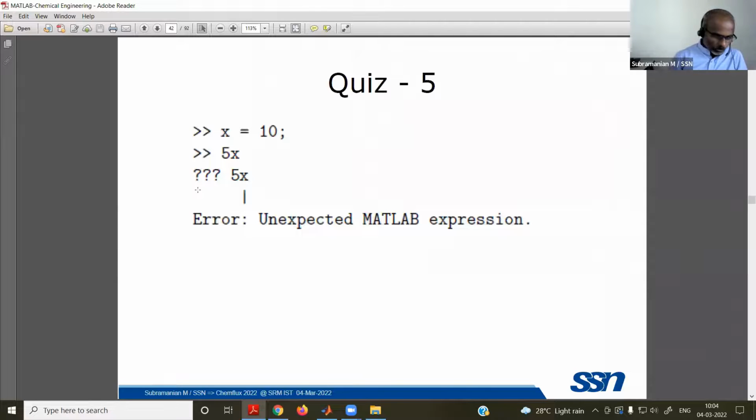Okay, a small quiz, people can answer this. I'm typing x equal to 10, and the next statement I am using 5x. It is giving some error. So what is the reason for this error? I need to ask you people for input also, no? I've used a semicolon, sir. Semicolon is not necessary, no? Star x, sir. Semicolon. Star x. Which one? 5 star x. Yeah, correct.